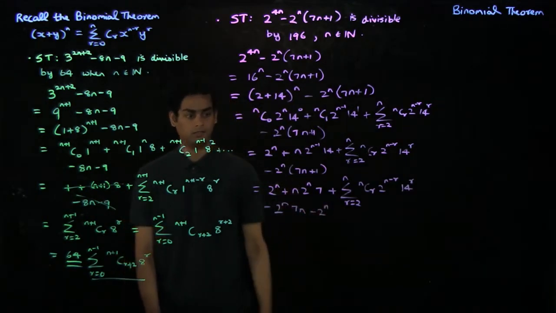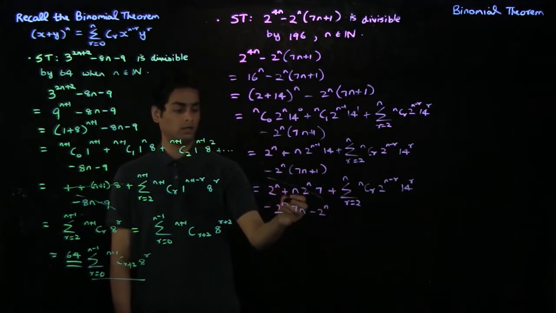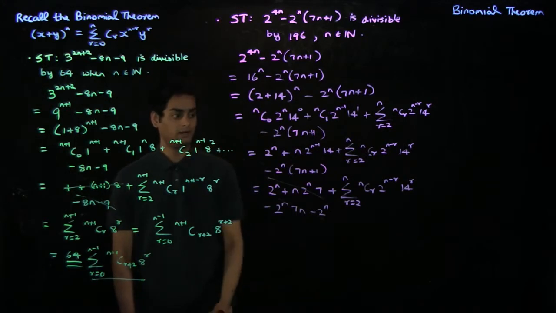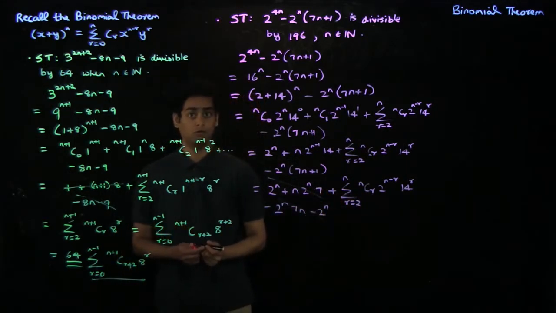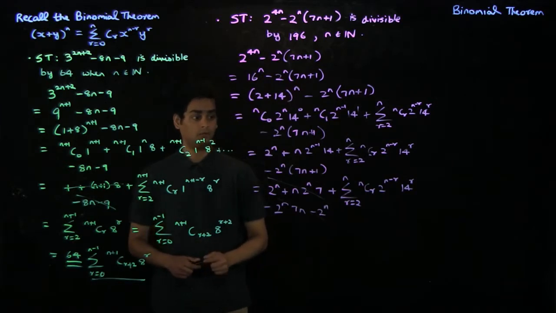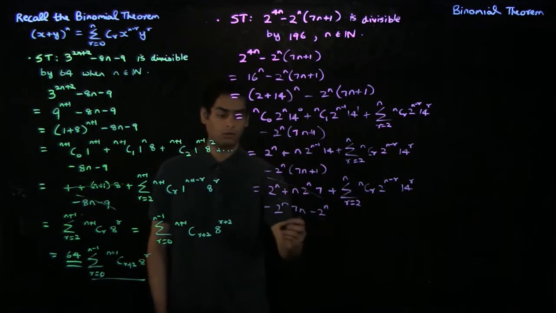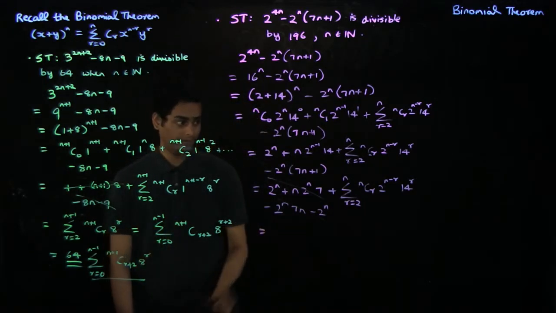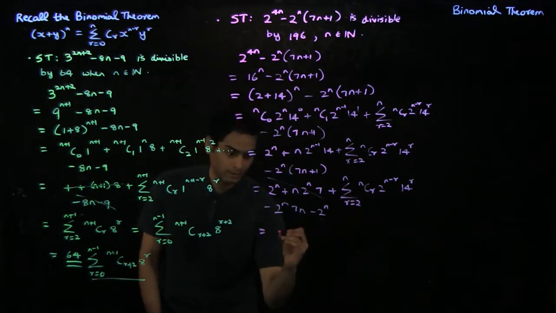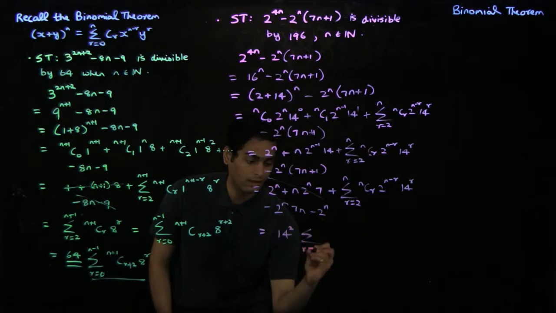So notice once again that you can cancel the first two terms with the terms being subtracted, and you're only left with this summation r equal to 2 to n, nCr, 2 power n minus r, 14 power r. Now the arguments are quite similar to the previous example we've seen, so I won't go through this in detail. You can just rewrite this as 14 squared times summation r equal to 0 to